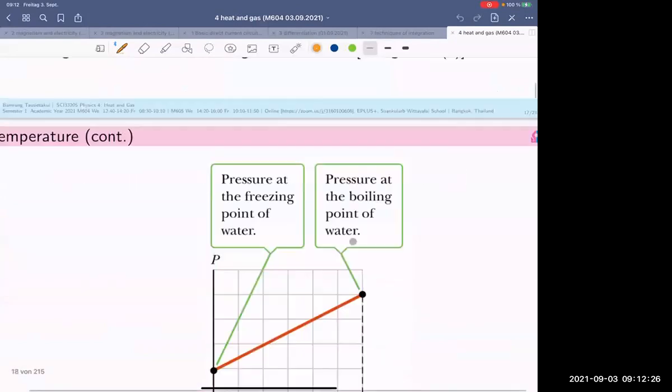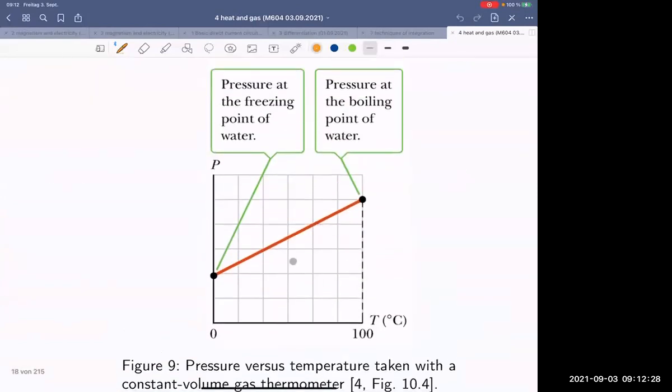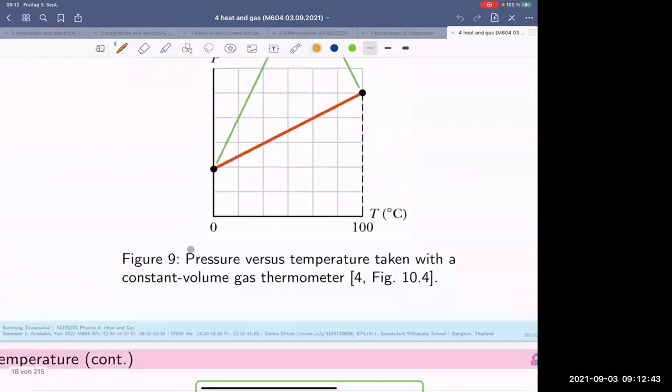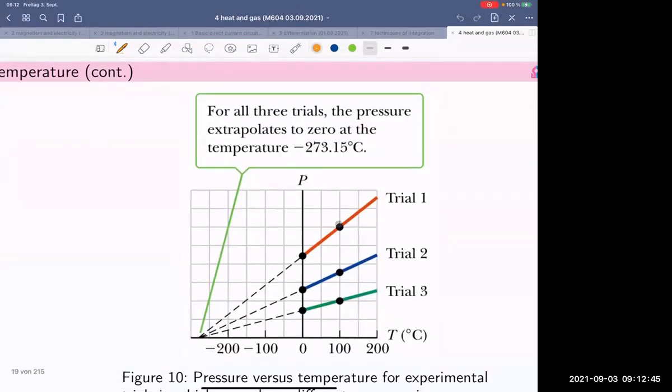They measured the temperature and the pressure together, along the x-axis, and they found that when we increase the temperature, we get higher pressure. They made several experiments, several trials, and they found that